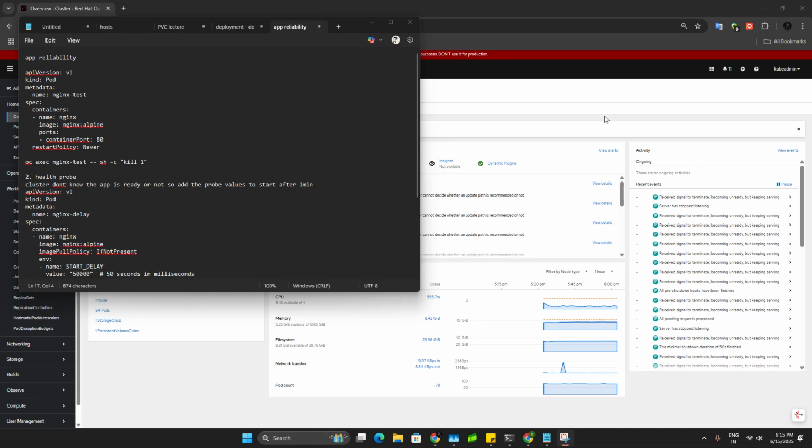Today we're going to see application reliability and health probes. These are the main parameters we use when approaching application deployment, right? Among them are the readiness probe and liveness probe, which we will see in upcoming videos. This approach helps from the perspective of pod